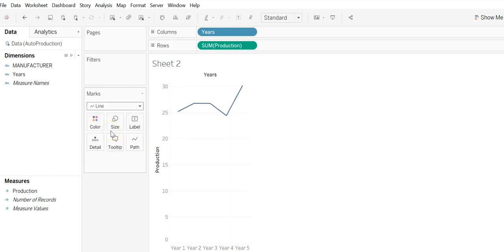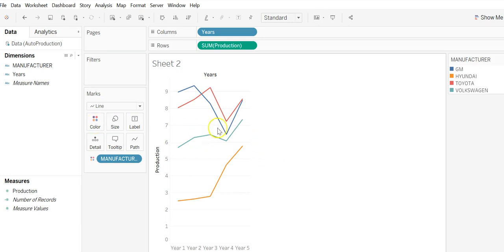So we have this line chart, but this is now combining all the manufacturers together. Next, we want this to be separated out by manufacturer, so we can then move our manufacturer to color, and we have this nice visualization where